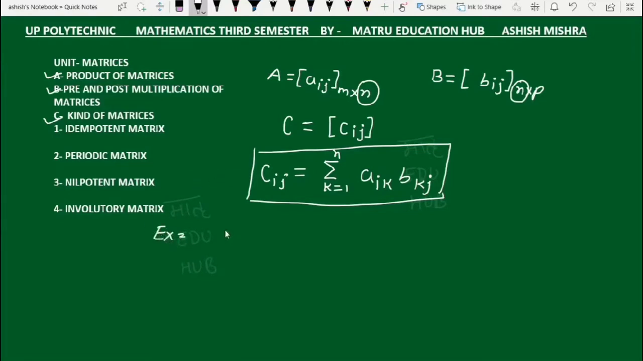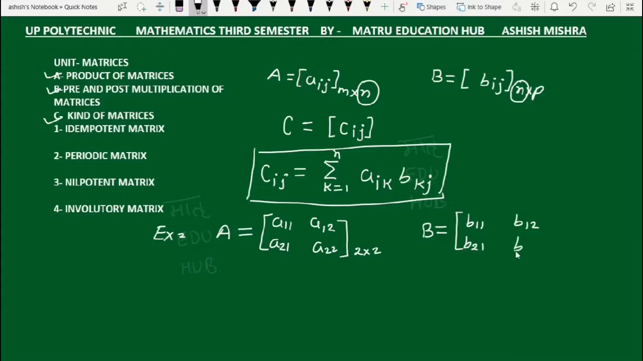Now take an example. Let matrix A having elements A11, A12, A21 and A22 of order 2 cross 2, and other matrix B having elements B11, B12, B21 and B22, also of order 2 cross 2. Now product of A dot B,